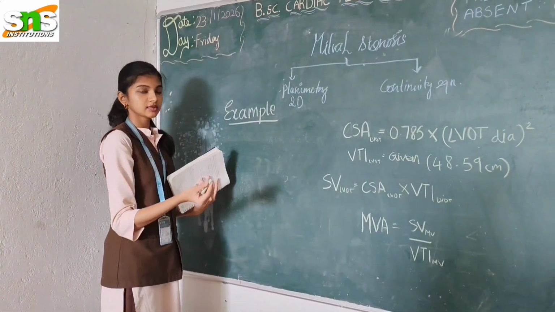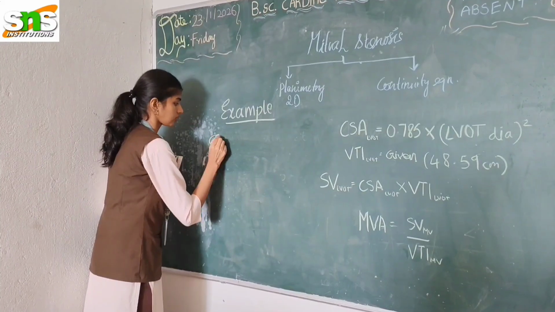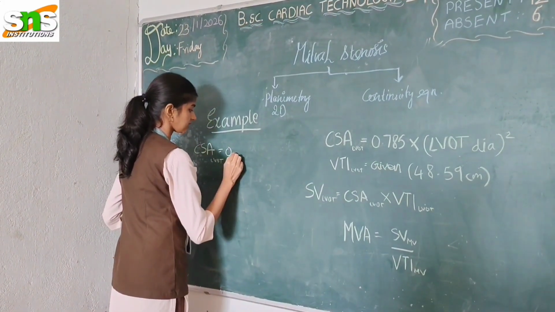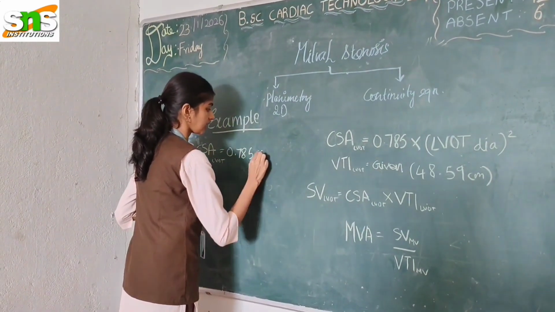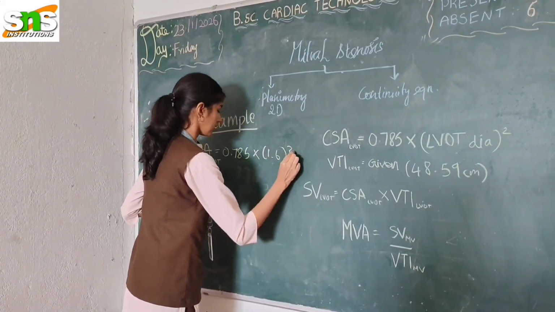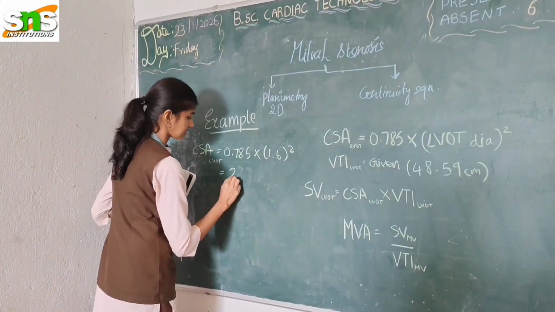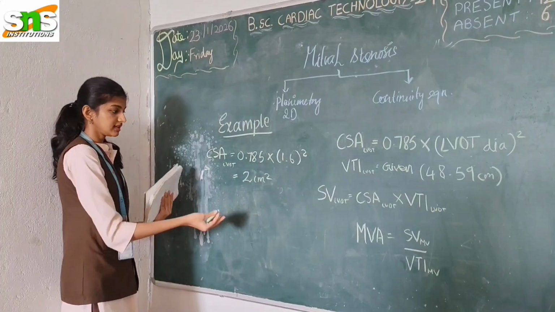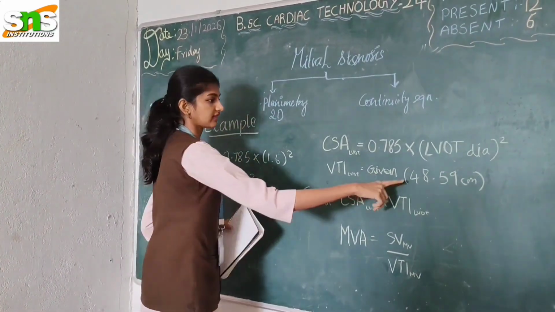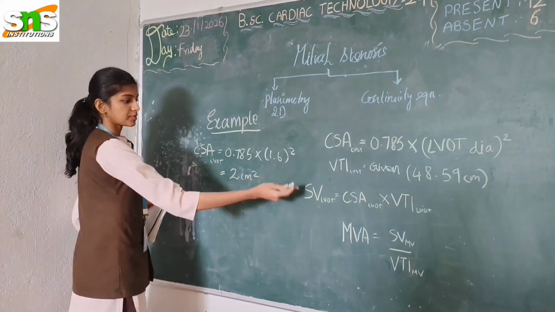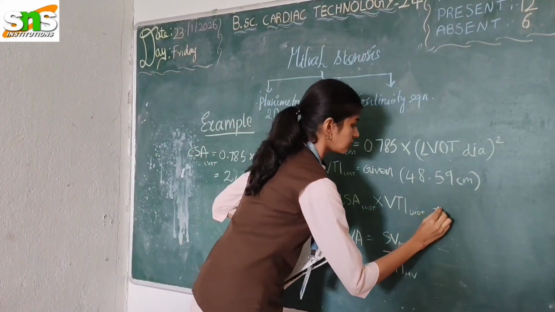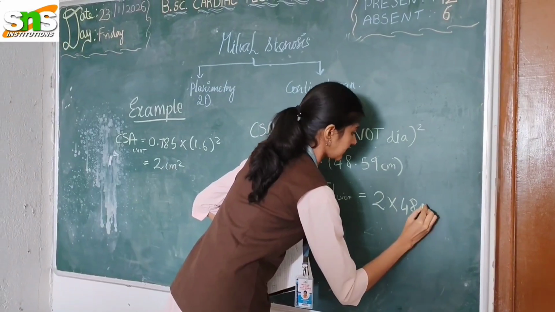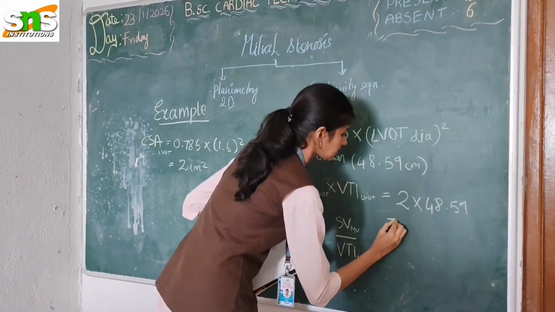So LVOT diameter, as we saw, was 1.6. To calculate the cross-section area of LVOT, we multiply 0.785 into the whole square of 1.6, and the answer will be basically 2. So our cross-section area will be 2 cm squared. Now with this information, we already have the VTI given as 48.59. So we'll substitute into the stroke volume formula. Here we'll do 2 into 48.59, for which the answer will be